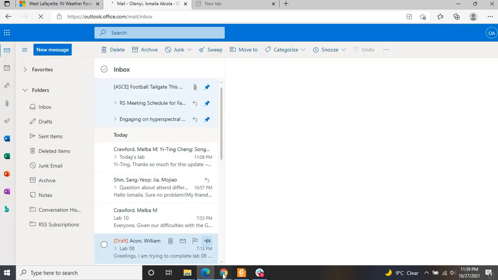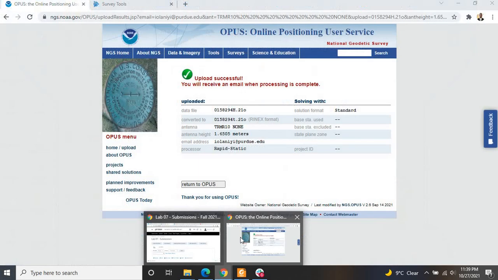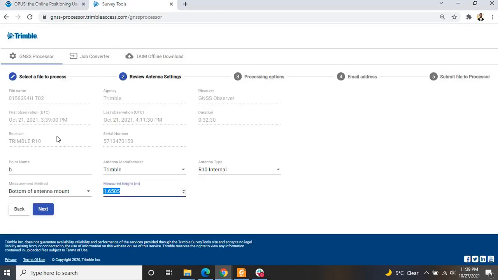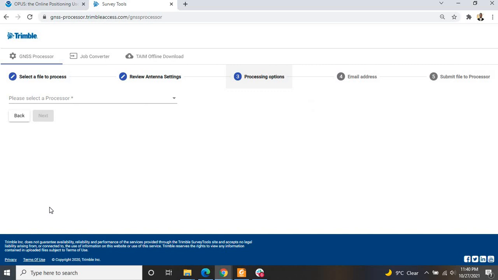Another method is to go through this second website. Even going through this website, at the end of the day, we'll still use Opus, but it is more user friendly and more straightforward compared to going directly to the Opus website. You click on next here.